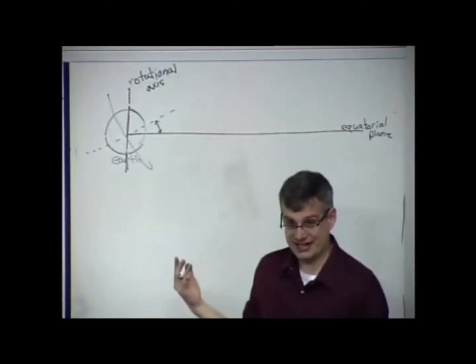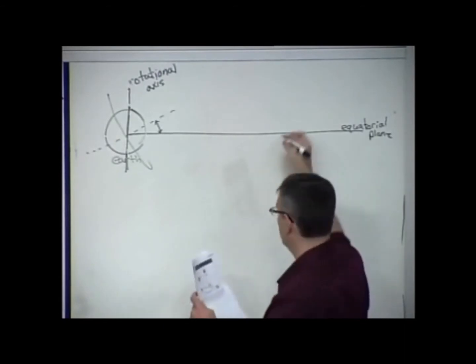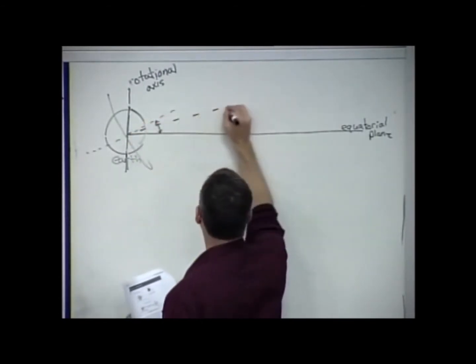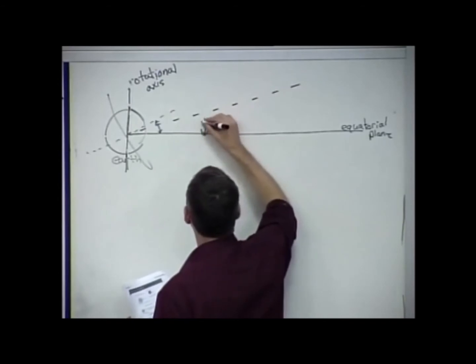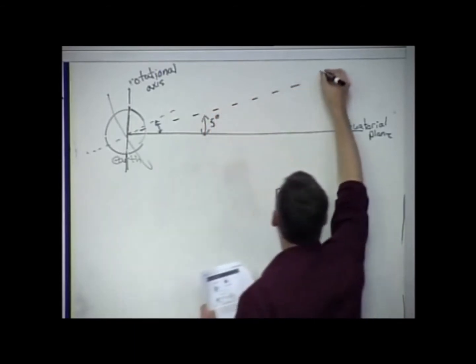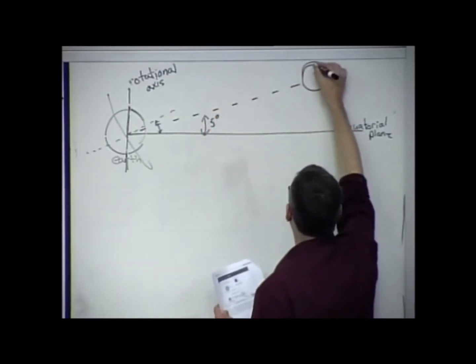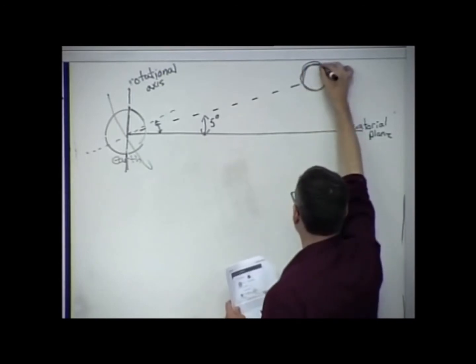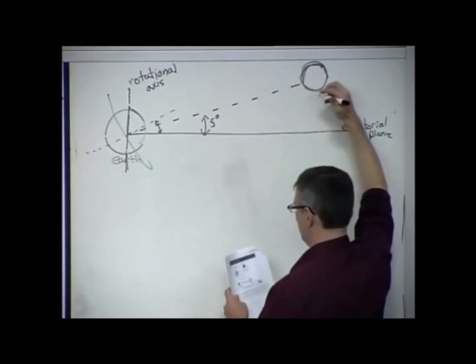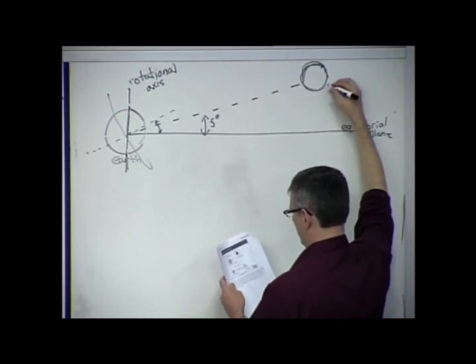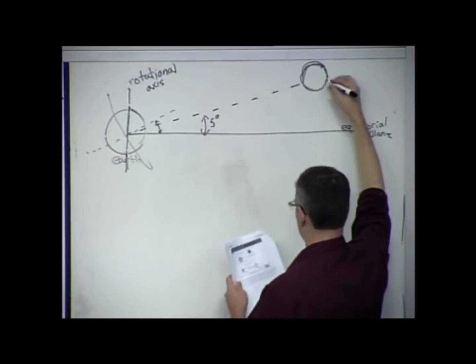The moon, the natural satellite of the Earth, is at an inclination of 5 degrees. This is why we don't get solar eclipses that often, because usually the moon isn't even lined up with the solar orbital plane.